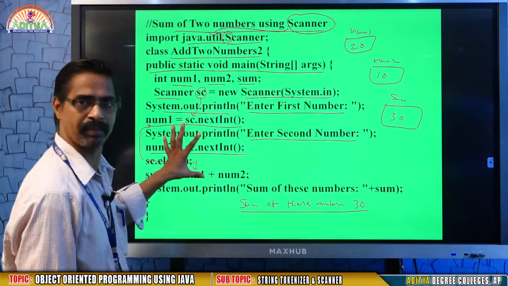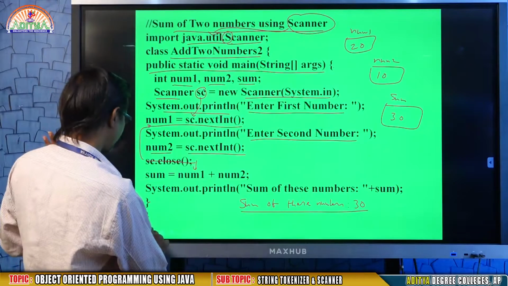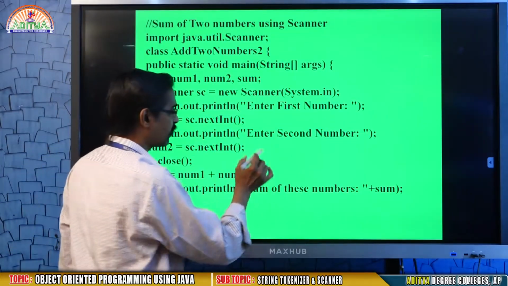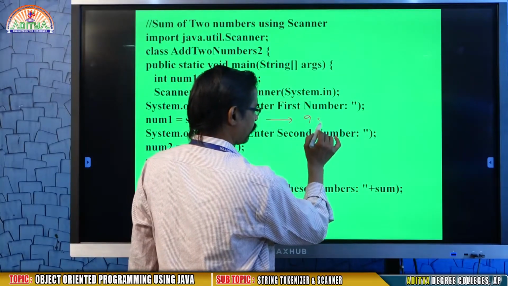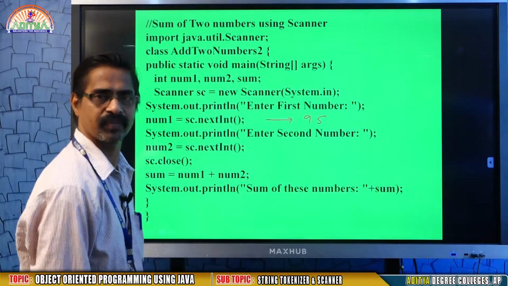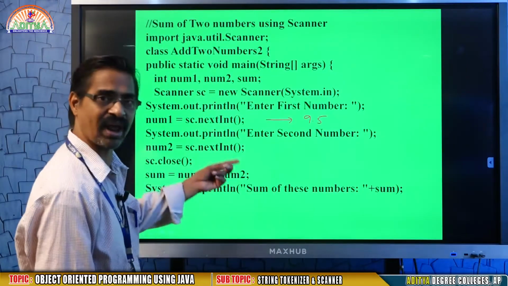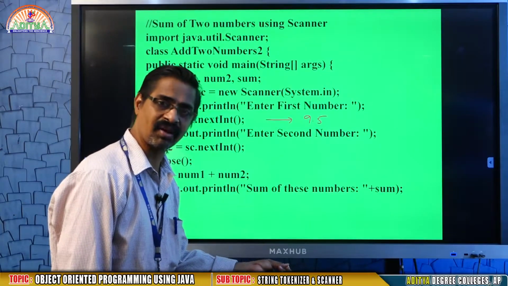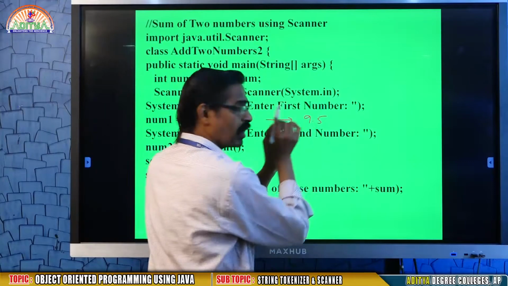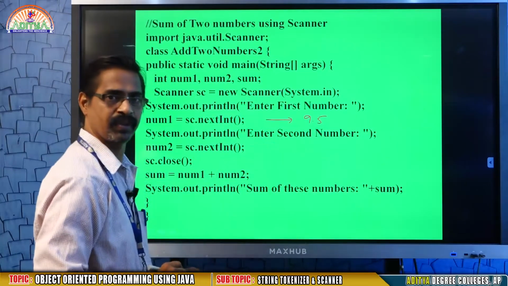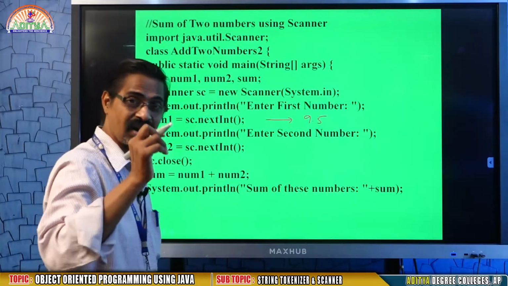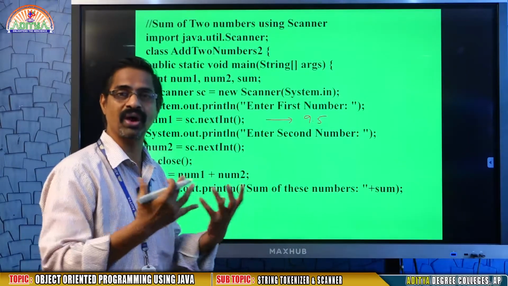Rerun the same program. What I am telling you, rerun the same program, but instead of giving integer, try to give 9.5. That is a double number. What happens? Then you will understand Java is a strict type checking language or not. Because it is asking nextInt, integer number, but you are giving a double number. What will happen? That you have to check it. This is the subject you are going to learn.